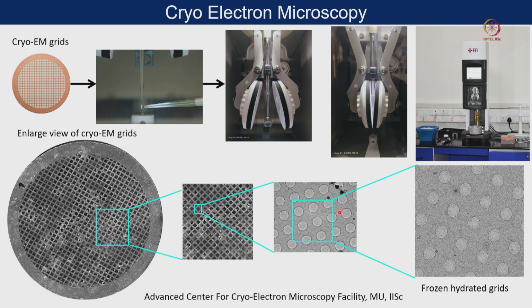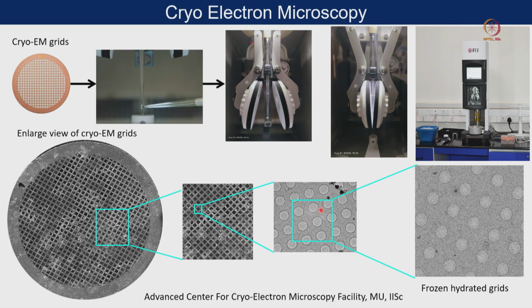Now if you come to this particular area, you have uniform-sized holes everywhere, separated by a particular distance. Whenever you add any buffer or solution, a small amount of the solution stays inside these holes. When you are blotting, most of the water or buffer on top of the carbon will be absorbed by the filter paper. But inside the hole, due to surface tension, a small amount of sample will stay there.